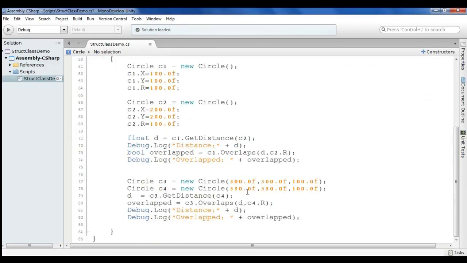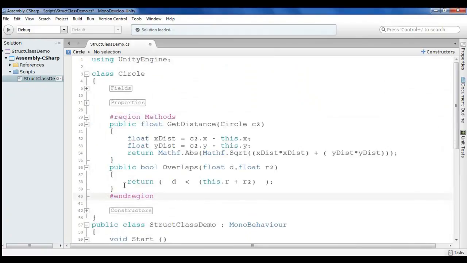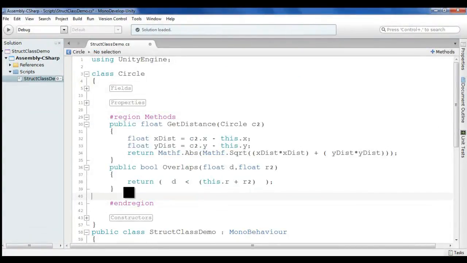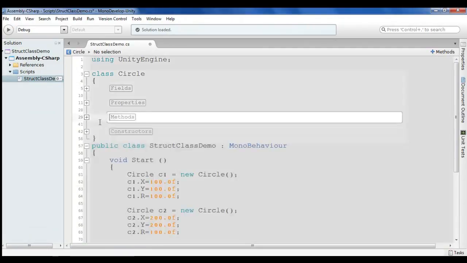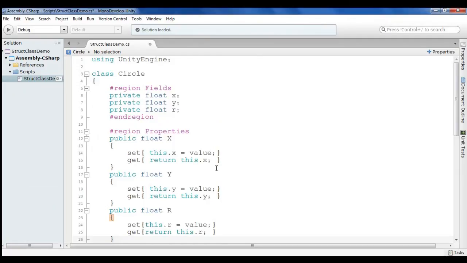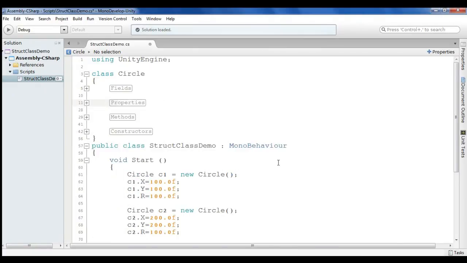Let us say I want to create one more method. Then I just go directly and open this methods part. I will write here another method. If I want to add a property, then I just go directly to properties, and here I add one property. So this will be very useful to manage your document. And also you can give proper documentation to your class, so that other people can easily understand.